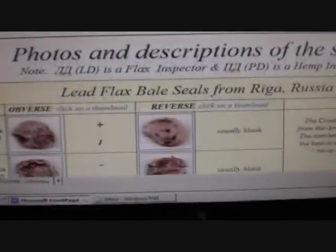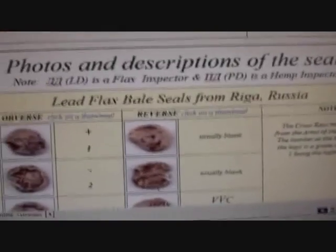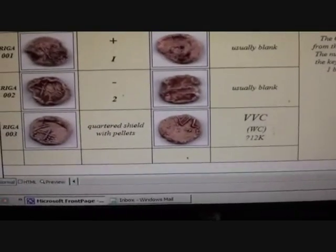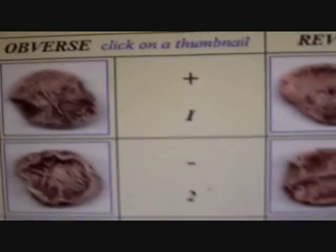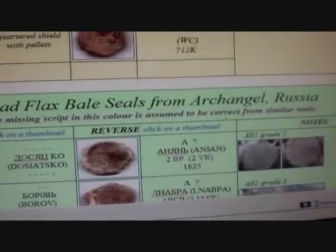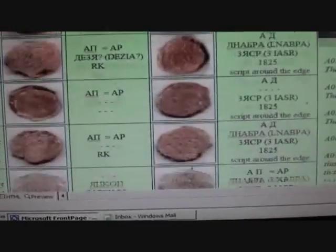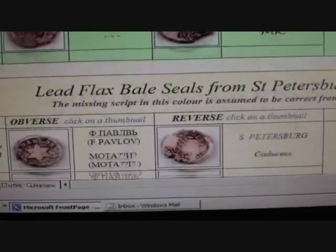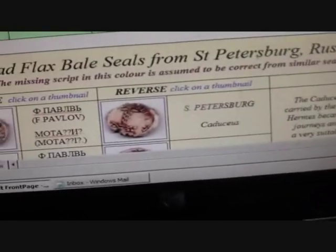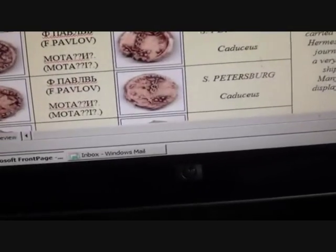Right, now we go on to photos, descriptions of the seals. Riga, very rare, just over where I am, but that's the information I've gleaned from there. Then some of them came out of Archangel, and there's the seals from Archangel. A vast majority though came from St. Petersburg, and these are